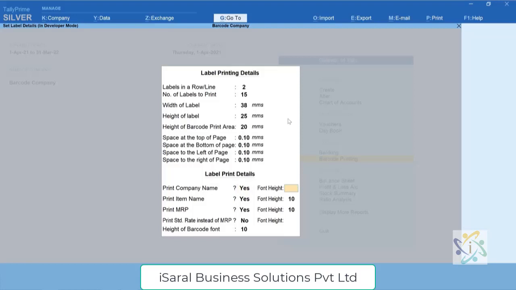This is also user defined, you can give it as per your wish. Plus the size of the font, that also a user can give. So here I have given 10 because the height of the barcode is 20 mm, that is 2 cm, so I am keeping it small. Company name 10, item name 8, MRP 8, standard rate I have not mentioned in the item, so I am not giving it here.